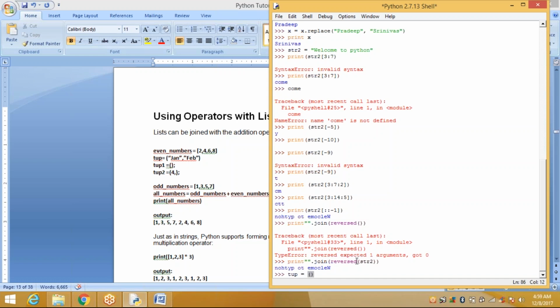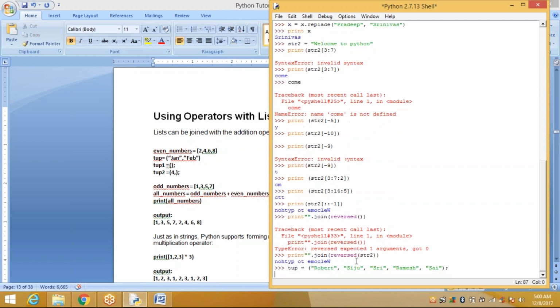Tuple is equal to, within this I have Robert, Sizu, Sri, Ramesh, Sai. So this is my tuple. Okay.